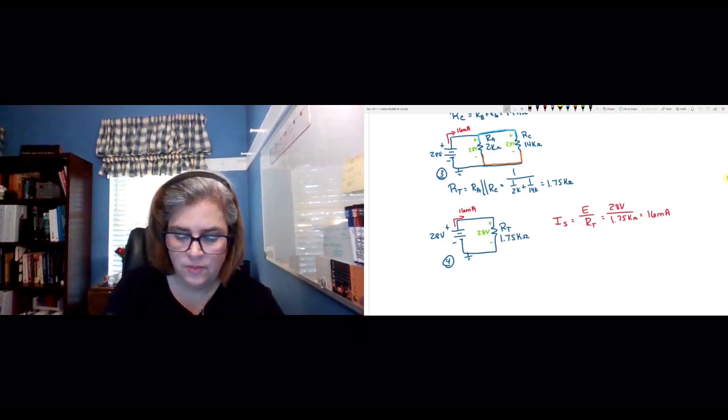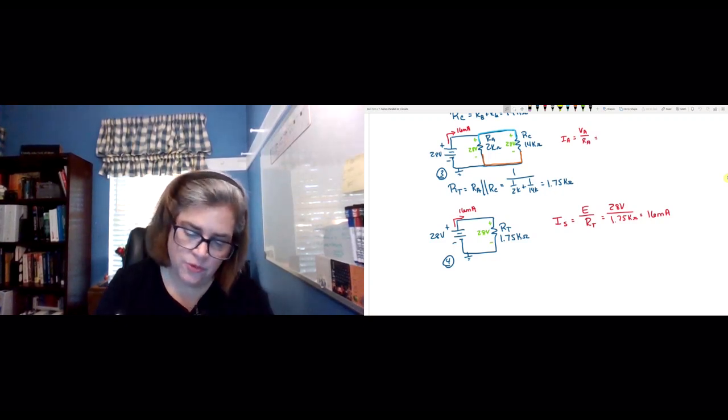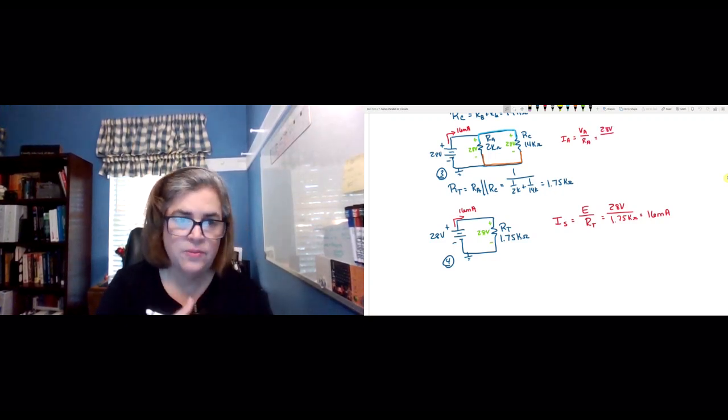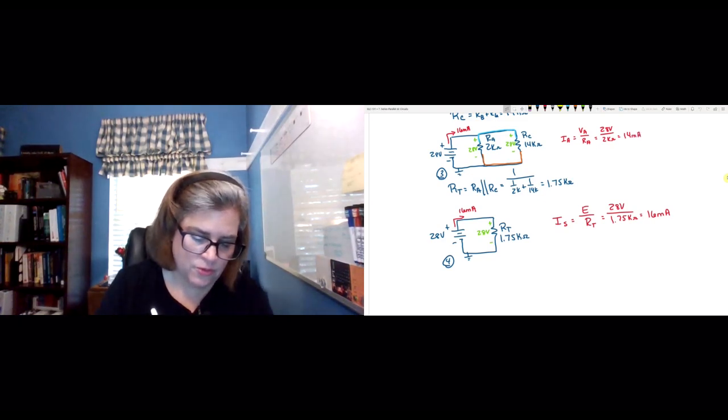And that is going to help me find the current through each, because IA is defined as the voltage drop across RA divided by RA. So the voltage drop is 28 volts because RA is in parallel with the source, over 2 kilo ohms of resistance, means that I've got 14 milliamps of current through